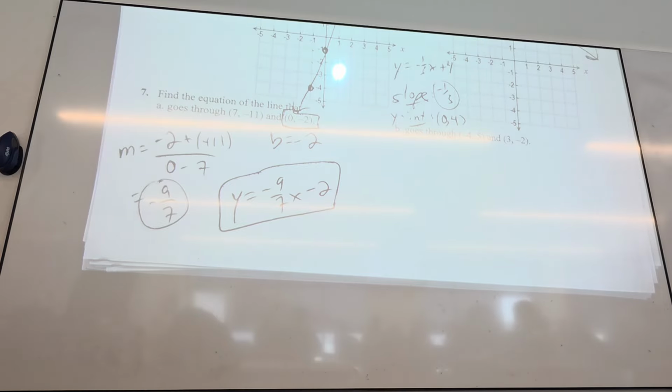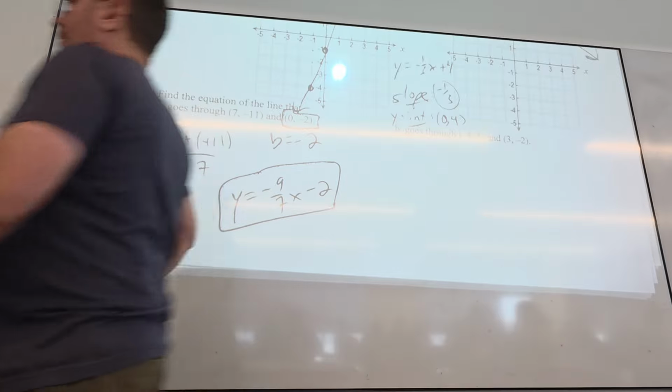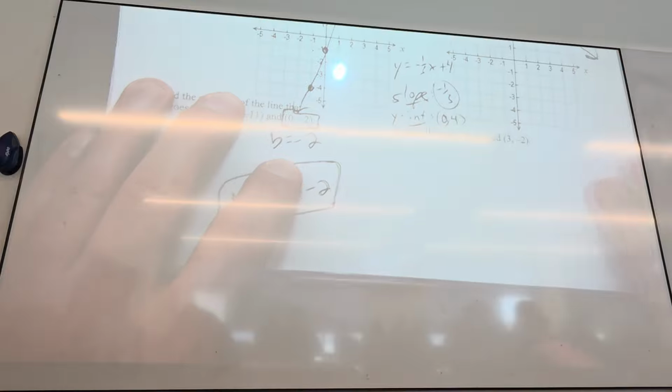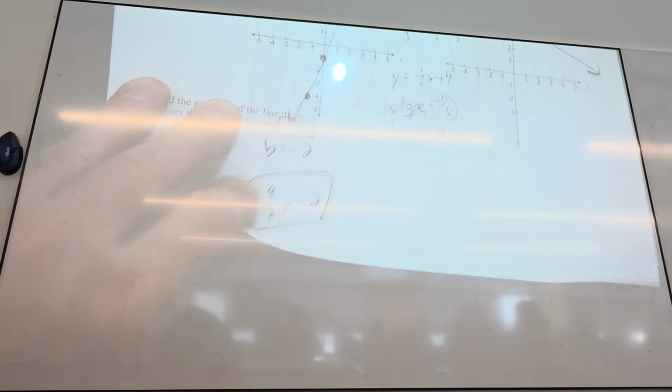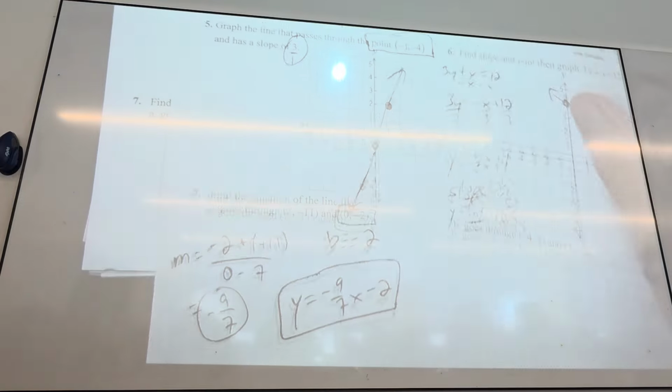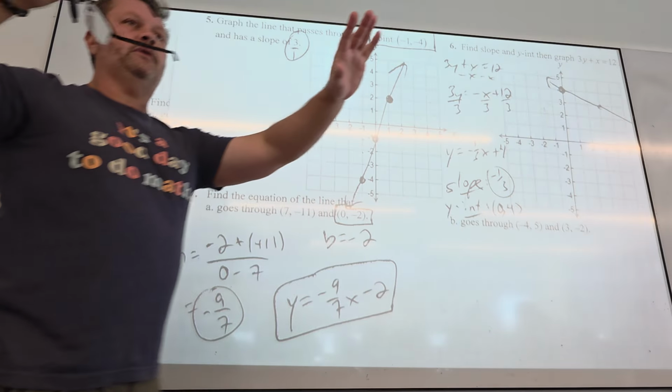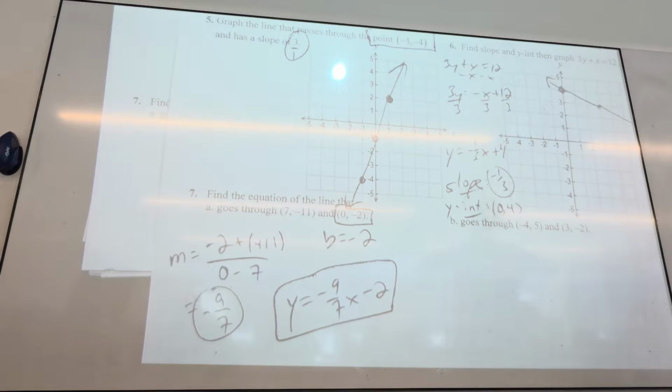So part B kind of sucks. It doesn't give me the b. It doesn't give me the y-intercept. So I need, and listen, there are definitely other ways to do this, but the thing I'm about to show you becomes really big in calculus. And that's the whole point of this class, is to get people ready for calculus. So I highly recommend you get used to this other thing, because it's going to show up again in a big way in Calc 1 and Calc 2, in case anybody needs Calc 2.